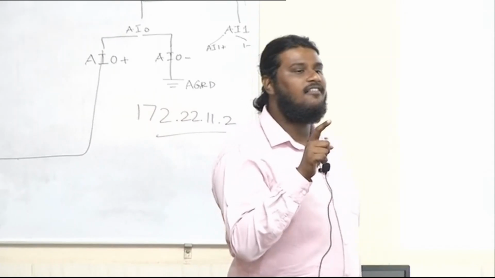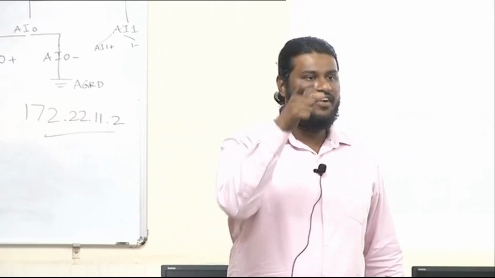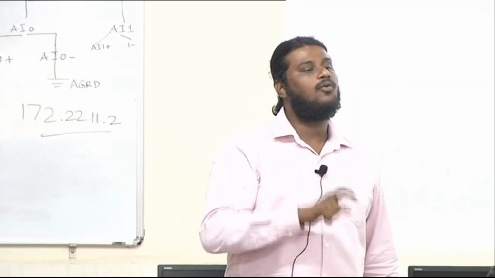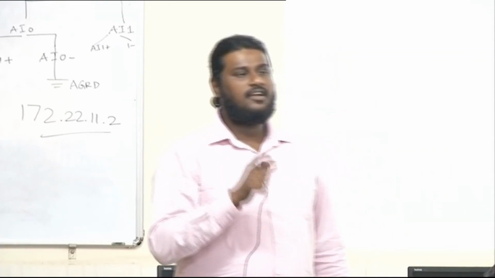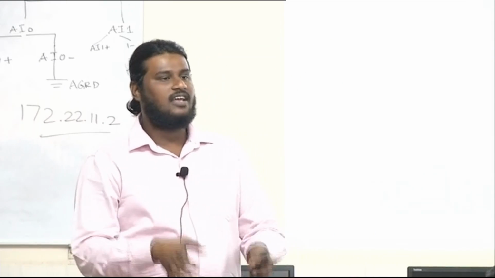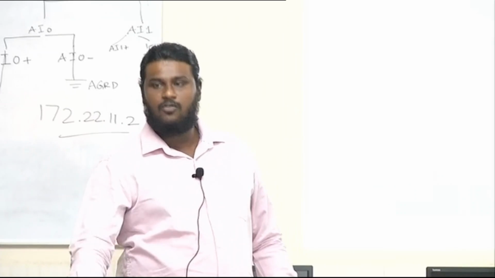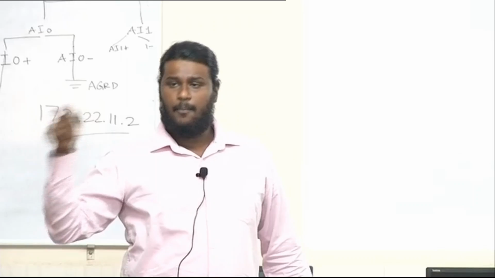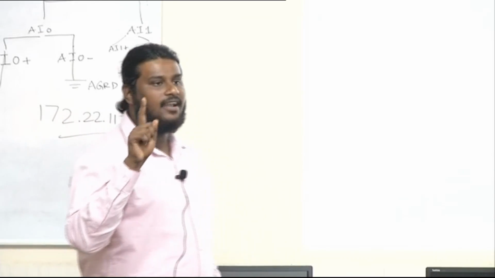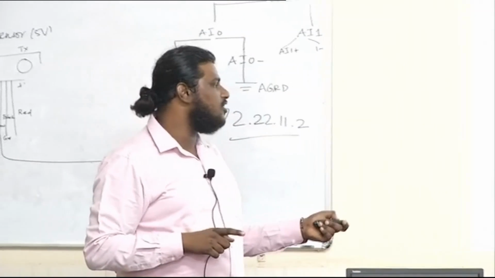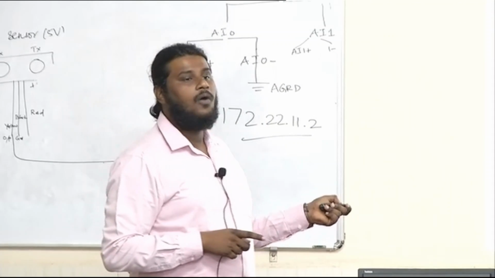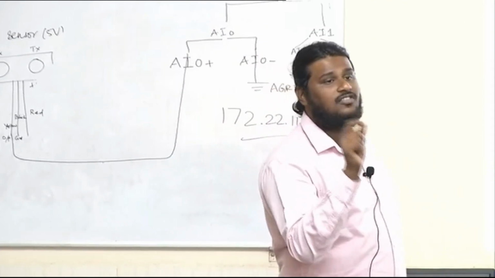When you have different nodes, different objects with their own network, each and every module should have its own address. Like a computer has its own processor which has its own address, MyRIO has its own processor, it has its own address, am I right? In the same way each and every object is going to have a processor and an address, and in that case this is the limitation you will have. The number of addresses you can generate is very small. So when it comes to IoT, each and every object is going to have its own address, am I right?